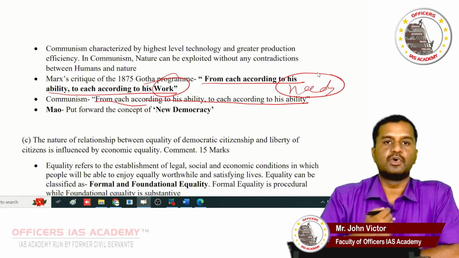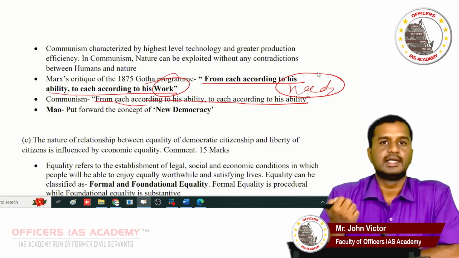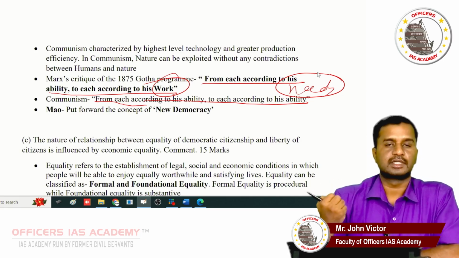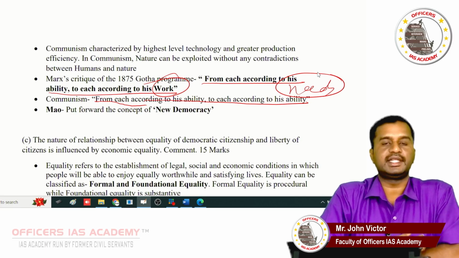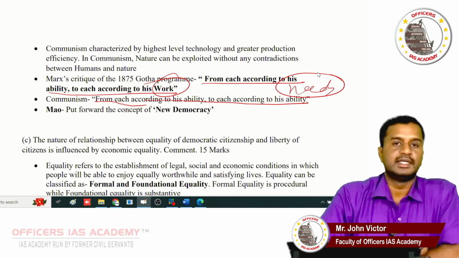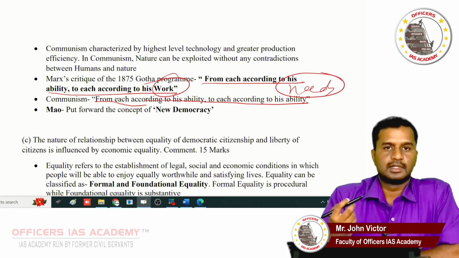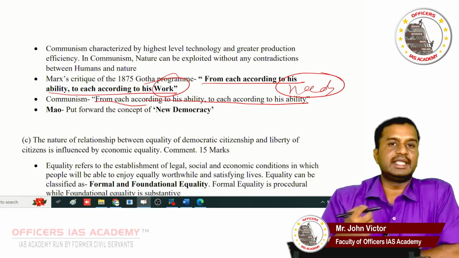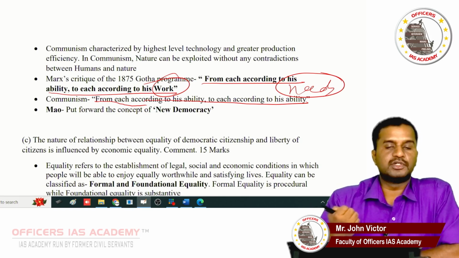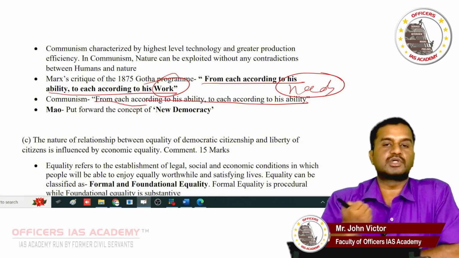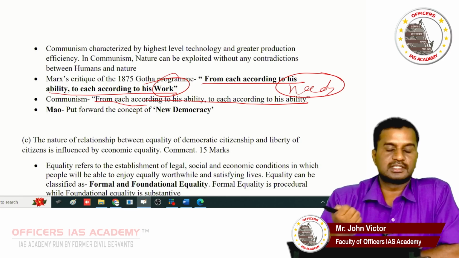Here it is only work, here it is needs. So Marxism is more revolutionary, it is more scientific, and it demands practical action. Communism is the final phase of human society according to Marxism. In this final phase, human beings will get freedom to develop themselves. Marxism is not speaking about equality, but about the empowerment of individuals. Humans should aim for their self-development. They should make the maximum out of their talents and skills, and they should contribute to the society.